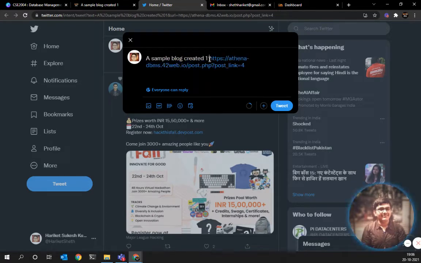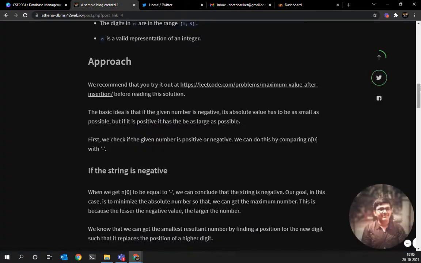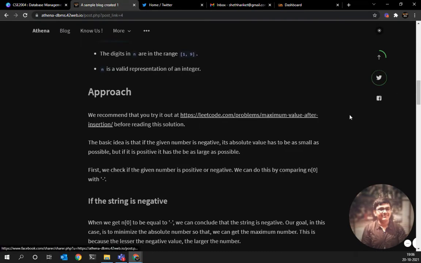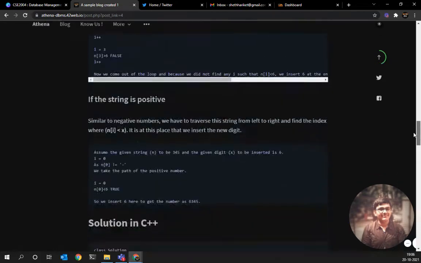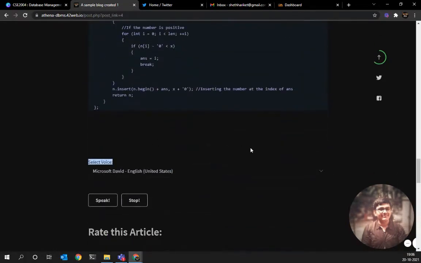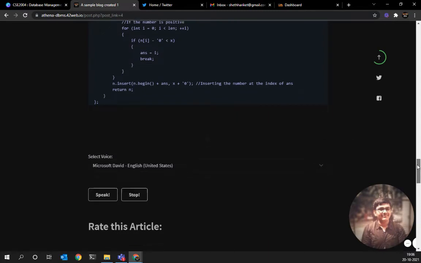It attaches the link automatically of the article and the article title for you. You can easily share it on your social media. This is for Twitter. Same would happen for Facebook as well. And this is the article content. Again, nothing new in that. And yeah, here the article content ends, and here we have the specific